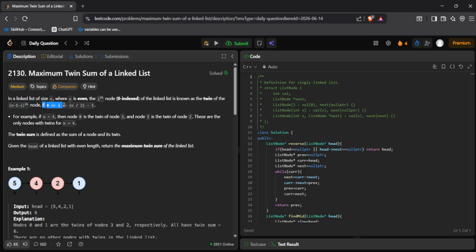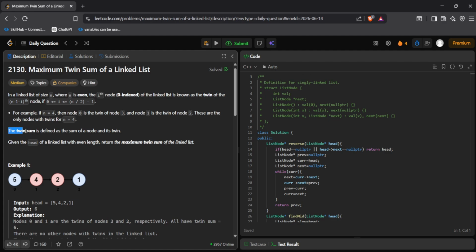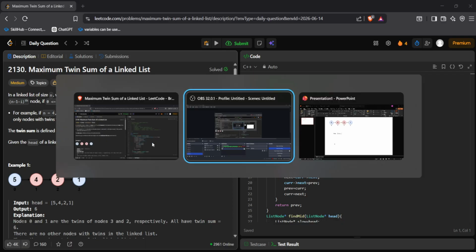where i ranges from 0 to n divided by 2 minus 1. We need to find the twin sum, that is the sum of a node and its twin. We are given the head pointer of the linked list with even length, and we need to return the maximum twin sum. So what the problem states,